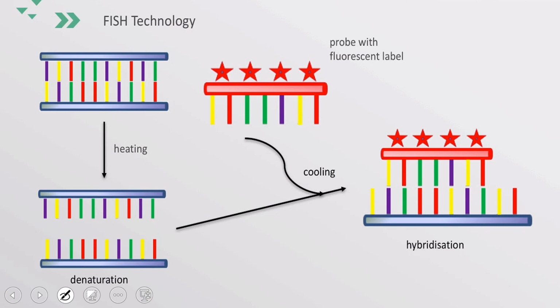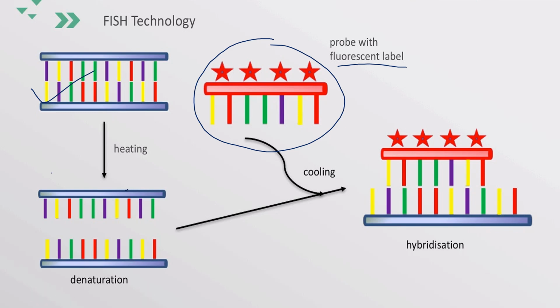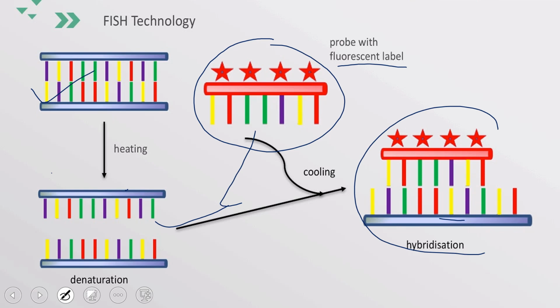This is the summary of all three steps. First, we have a probe that should be complementary to your target DNA and labeled with a fluorescent label. Then we have the DNA, which you heat so that both strands of the target DNA are separated. This is the denaturation step. Similarly, probes can also be heated so that they separate into single strands. Then the target DNA and the probe can be hybridized, so you will have this type of complementary association.